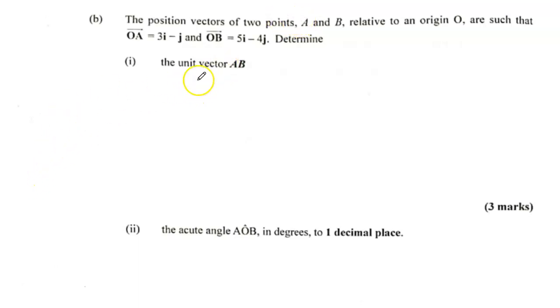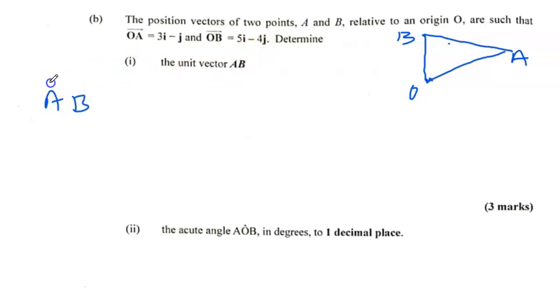So let me do a little sketch here. You have O, and you have A, and you have B, alright? So we can look at it several ways. We know the vector AB is AO plus OB, or we can say it's the coordinate of B minus the coordinate of A. Just reverse subtract. The coordinate of B is the same as OB, which is 5i